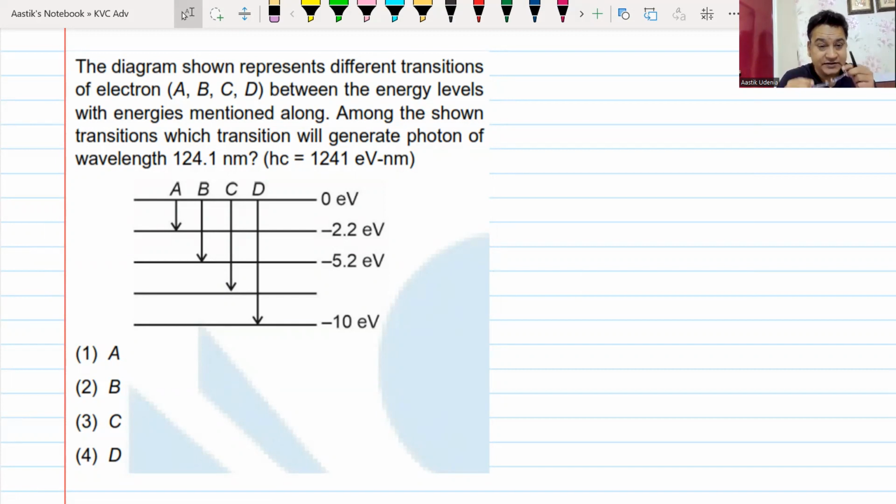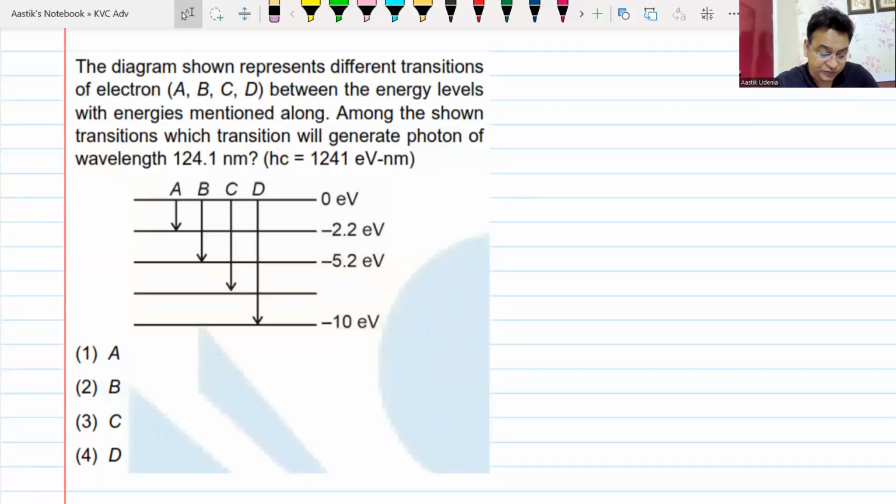Something is given, and then something is asked. I hope you understand this question. I don't want to waste the time by reading this. Option 4. The diagram shows different transitions of electron A, B, C, D between energy levels with energy mentioned among them. Which transition will generate a photon of